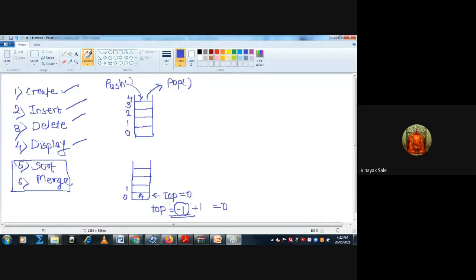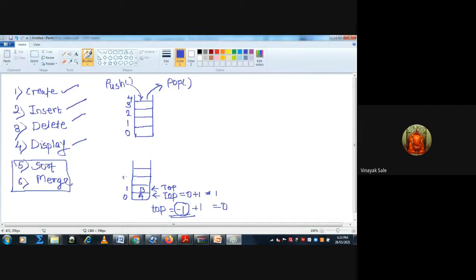Whenever you enter the next element, suppose B, then top is incremented by 1, that is 0 plus 1, which is equal to 1. So now top is at this position.